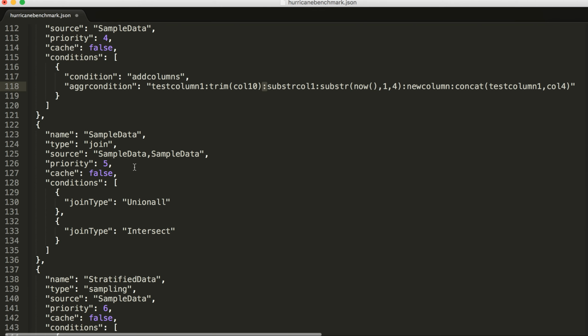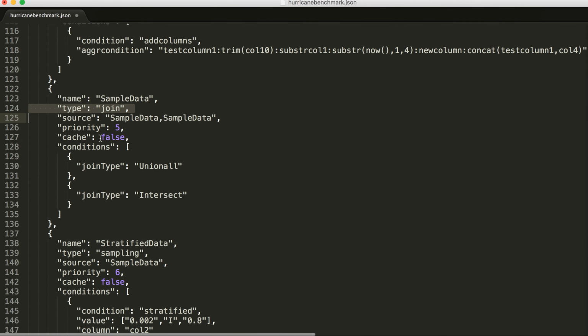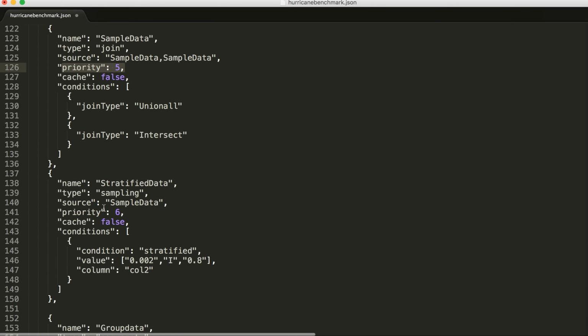Then we have join types. We have multiple join types. We have union, intersect, and then inner, outer, and all those kinds of joins are supported. So if you see here, it is running as priority 5, then it goes to priority 6, and as I told,